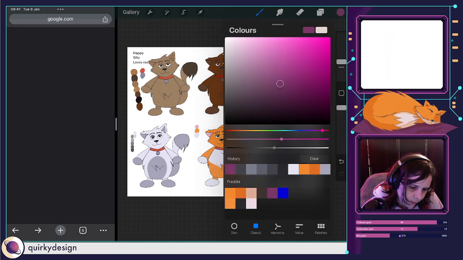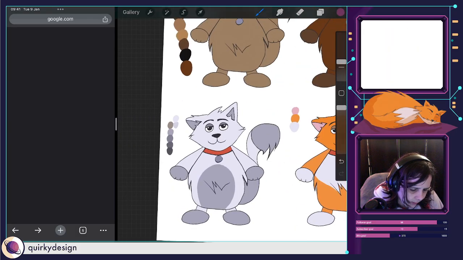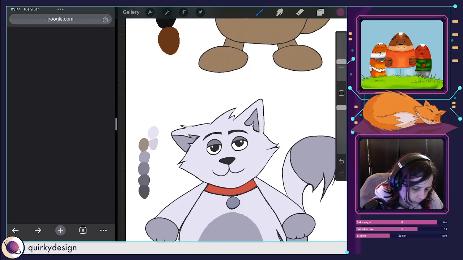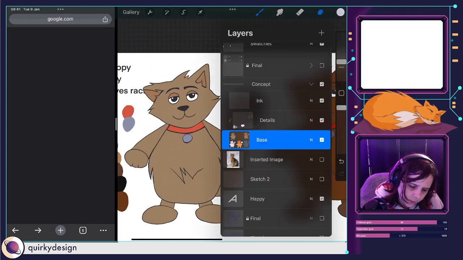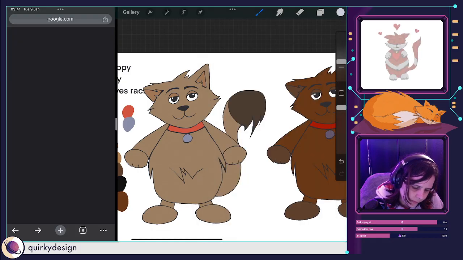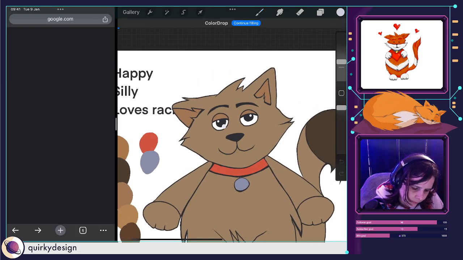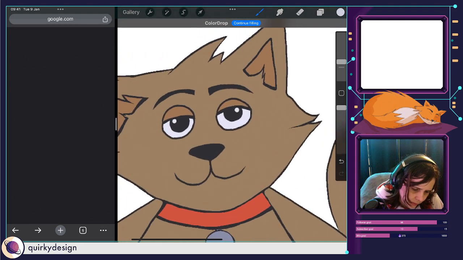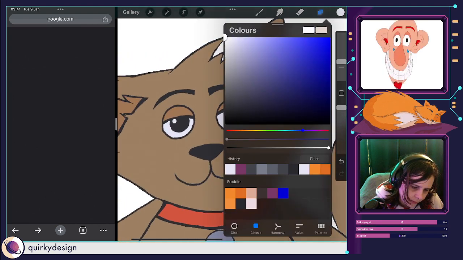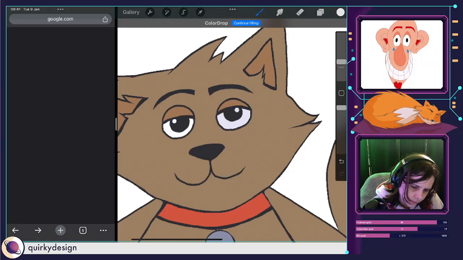And also, I probably should make these eyes white. So let me just go into, make it a bit more whiter. That's better.